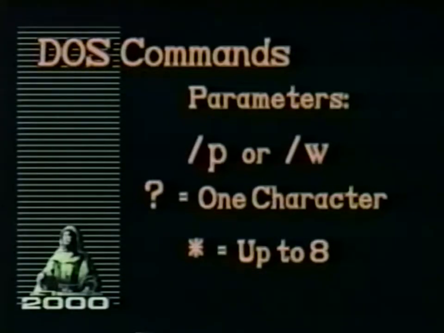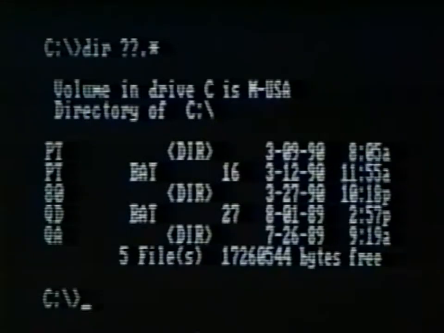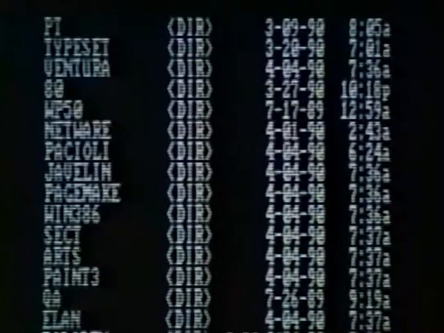For example, suppose we want to find a file that begins with the letter T in a large directory. We can type dir T asterisk to get a list of all the files in the directory that begin with a T. This makes it easier to find the file we want. Now, say we want to list all the files with 2 characters or less in their name. Typing question mark dot asterisk will give us this list. Now, type dir asterisk dot to display files that normally have no extension. Wildcards are a helpful tool to speed up tasks in DOS.